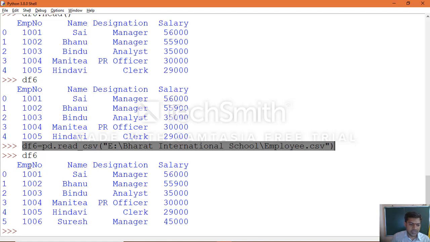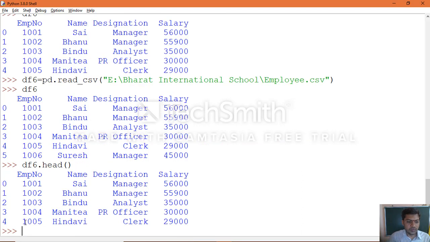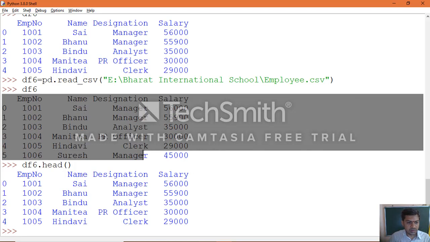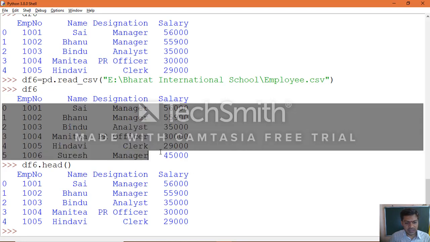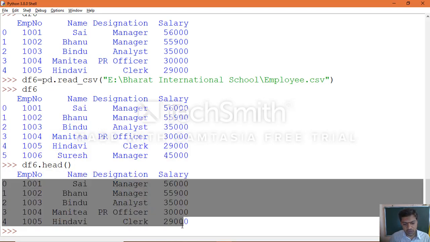Now we'll see this is the current updated data in the CSV file which we have. Now you can apply the head on the object here. You can see only 5 rows. The data frame object contains a total of 6 rows, you can see clearly, other than the column headings, there are 6 employees' data available. The moment you execute the head attribute of this data frame object, you will see only 5 rows extracted, the top 5 rows.